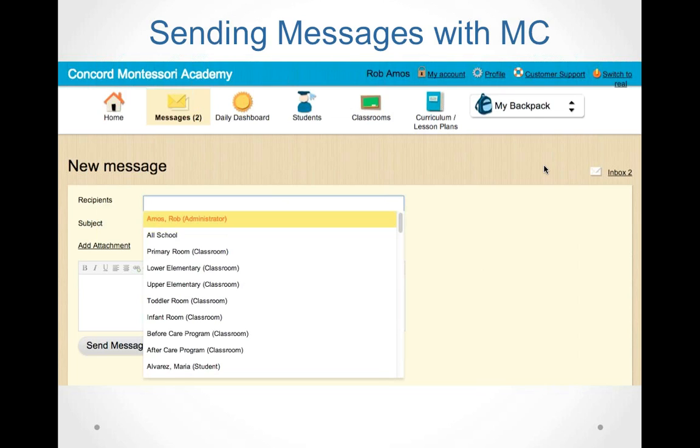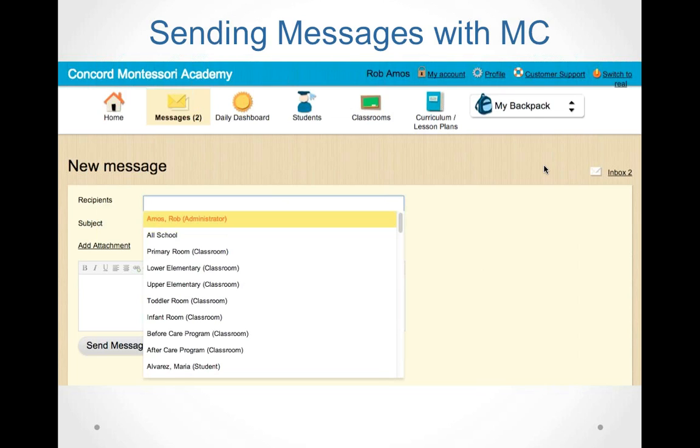And one of the nice things about using Montessori Compass for this purpose is you don't have to worry about emails getting spam blocked, or maybe your parents got a new job and their email address changed and they just forgot to tell you about it, or maybe it's just getting blocked, or maybe the parent gets 933 emails a day and it's just getting lost in the shuffle. I mean, I've had to abandon email addresses over the years just because the spam and unwanted stuff gets unbearable. So this is a guaranteed way to ensure that your messages are getting across.